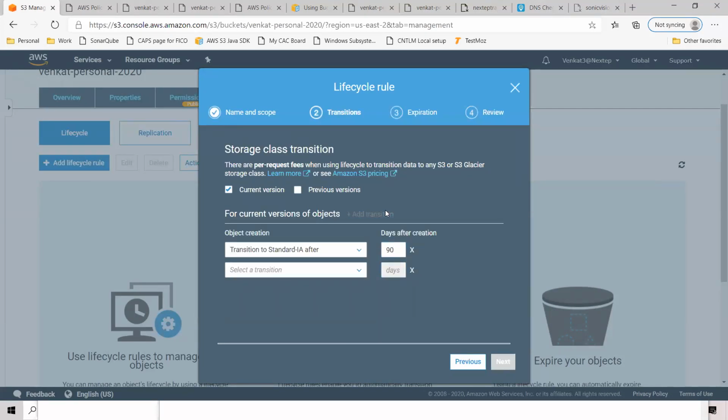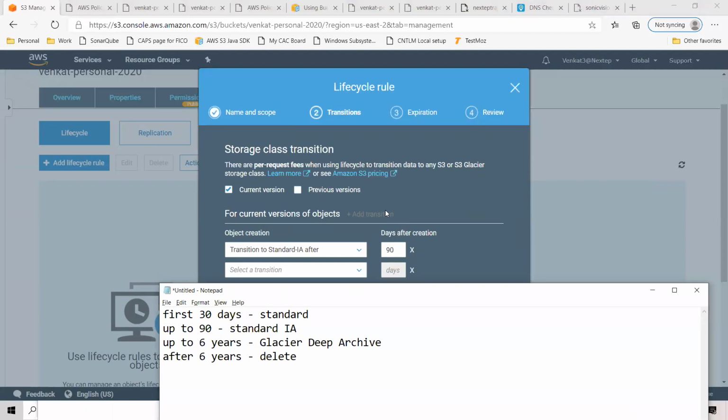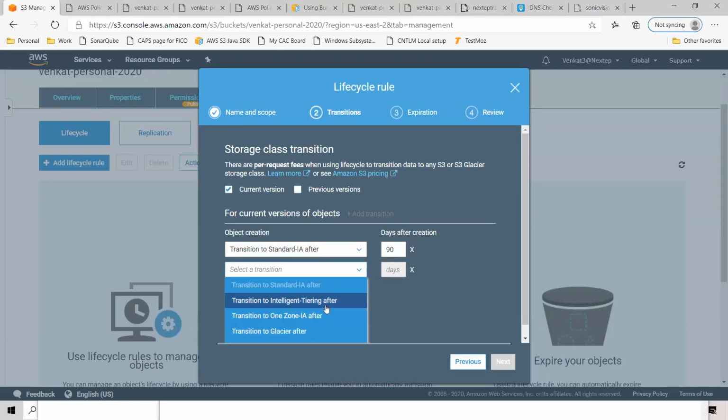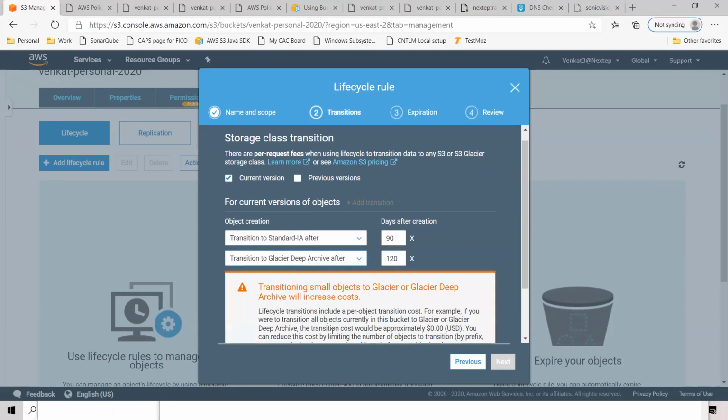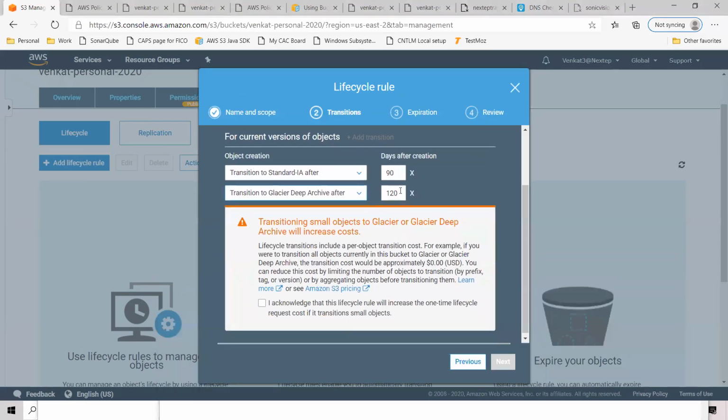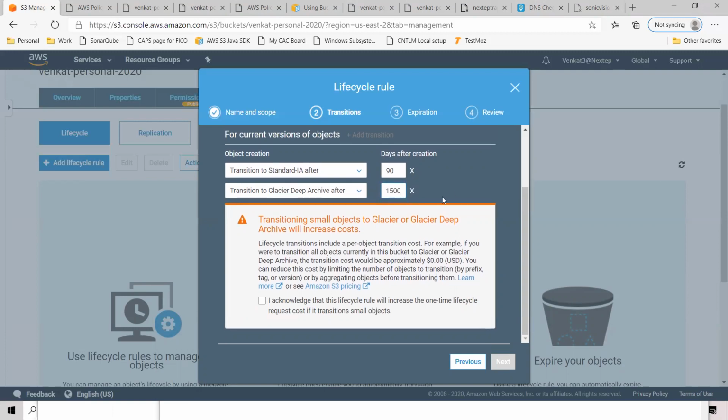Let's add an additional transition up to 6 years. Transition to Glacier Deep Archive after how many days? 6 years, whatever that one is. Let's say 1500 days.